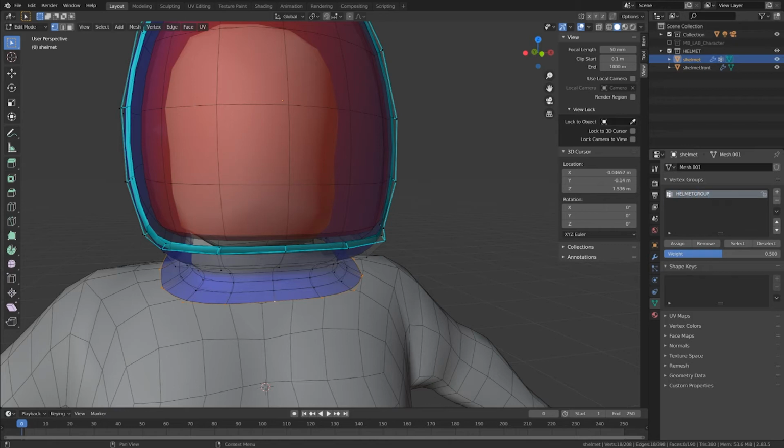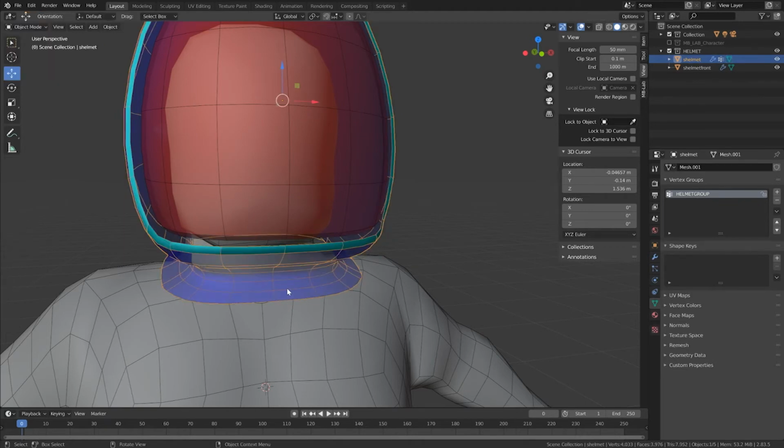With these vertices selected and the weight at 100%, making sure I drag this all the way up to 1, I'll click on Assign. And so these vertices with the weight at 100% are assigned to this group. Going back to object mode, just press the Tab key. With the object selected,